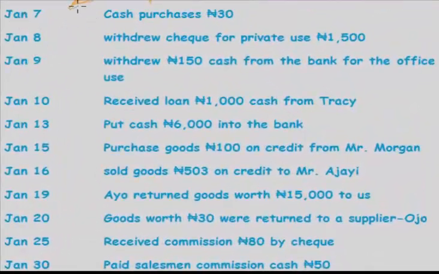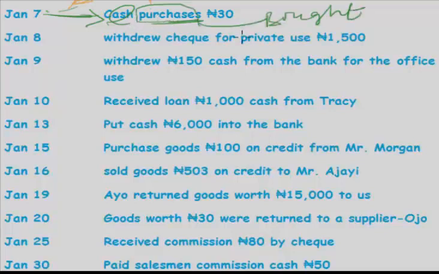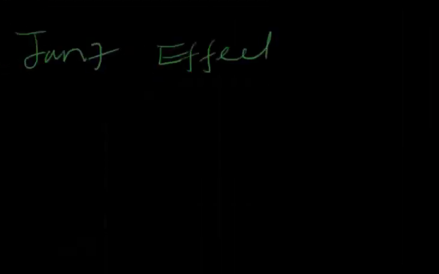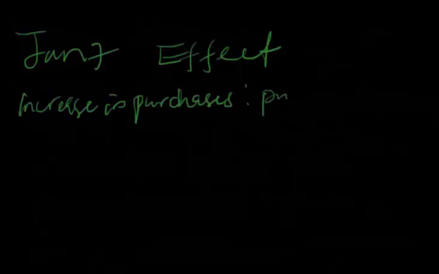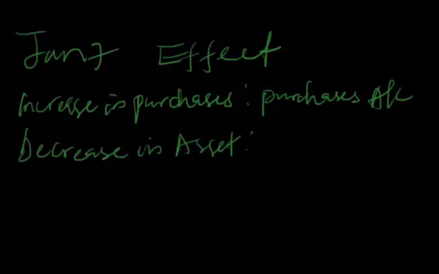January 7th, there was cash purchases. Purchases is when you buy something. So in this case, you bought something and you paid in cash. Effect: since you bought something and you paid in cash, it means your assets in form of cash is going to reduce and your purchases account is going to increase. So we're going to have increase in purchases, and there's going to be a decrease in assets, which is your cash